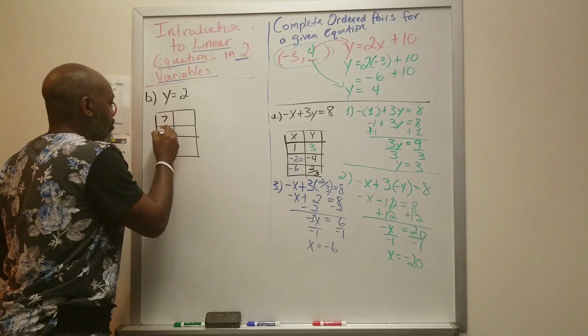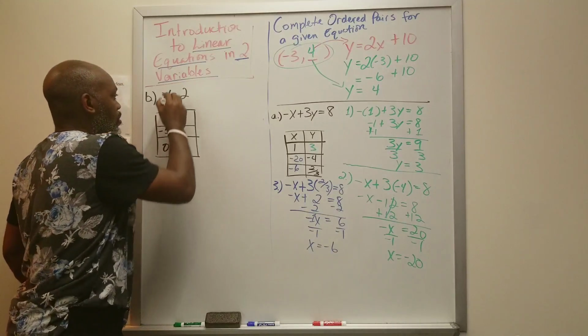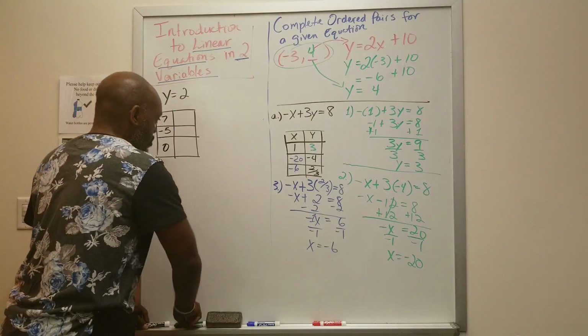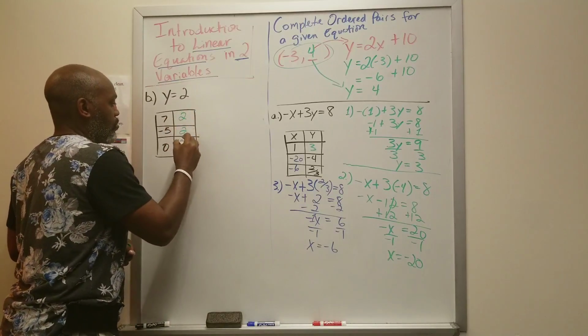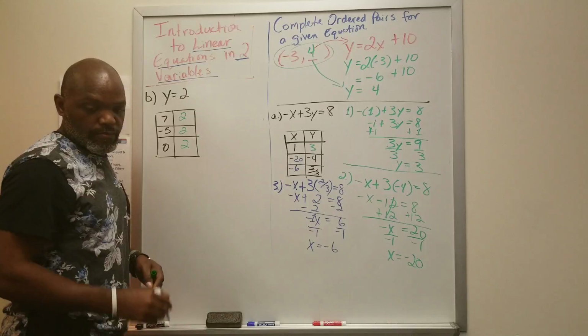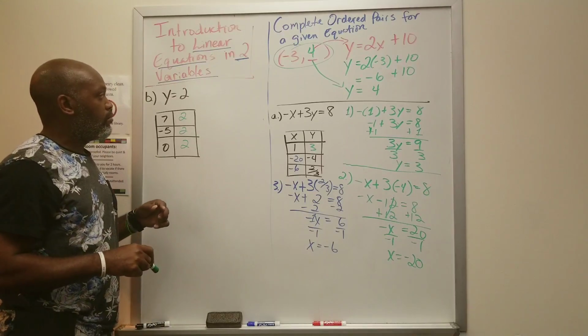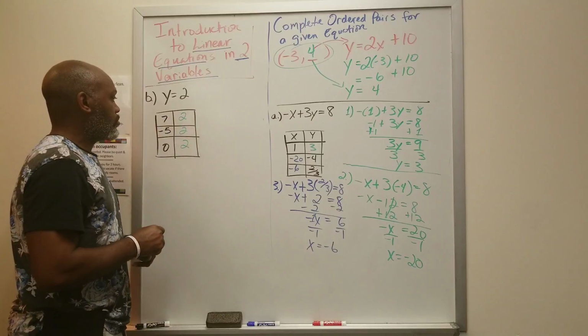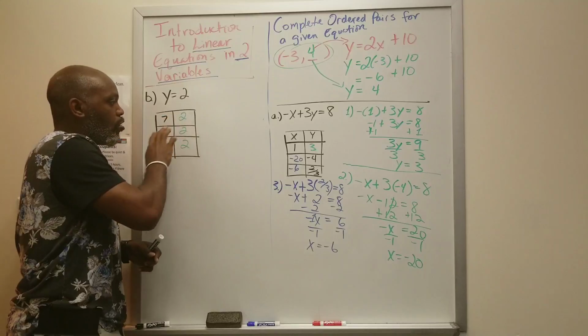So you have 7, -5, and 0. And so if y is always 2, then we just write y is always 2. And there you have your answer for the table. All right, and later on we'll find out what this is called once we put it on a